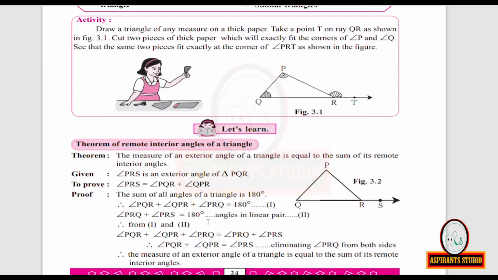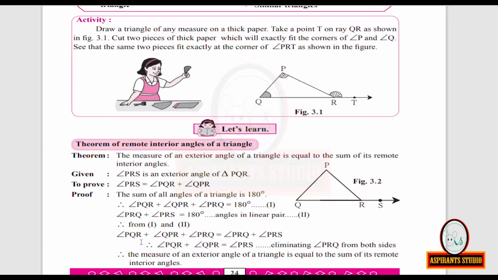On the right hand side, you can see 180 and 180 degrees. The right hand sides are equal. Therefore, the left hand sides are equal. Therefore, from equations 1 and 2, we get